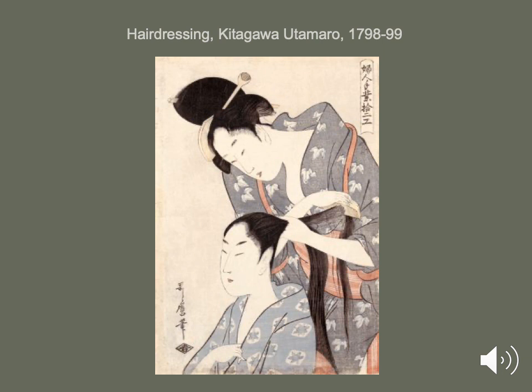So we're looking here at Hairdressing by Utamaro. This is a woodcut print from 1798 from Japan. And we can see exactly what's going on here, which is a woman getting her hair done. And it's done in a stylized way that we can associate with Japanese wood prints. So we can see the use of flat, broad areas of color. We can see very flat images with very little shading. We see really no background, no setting,